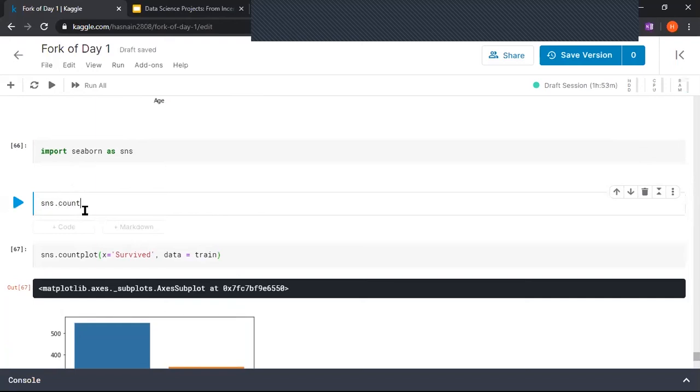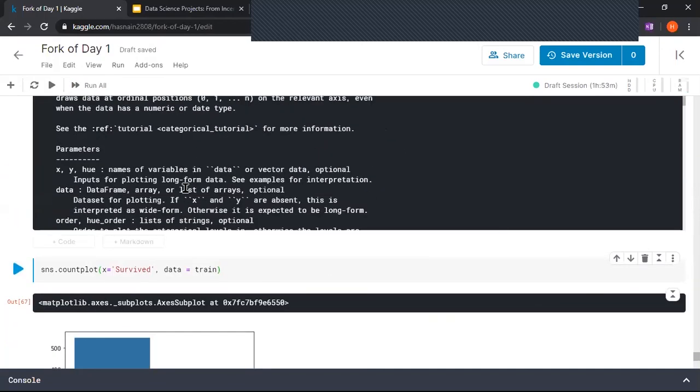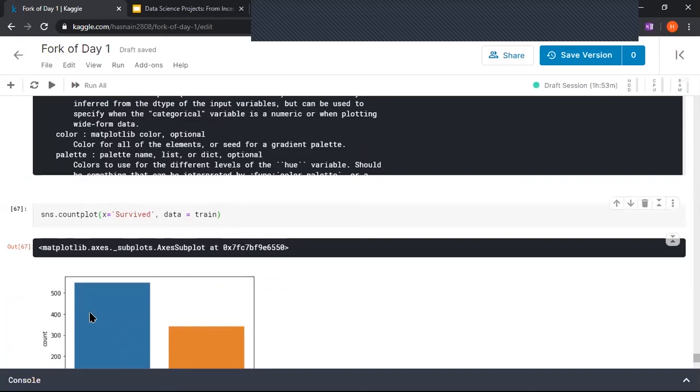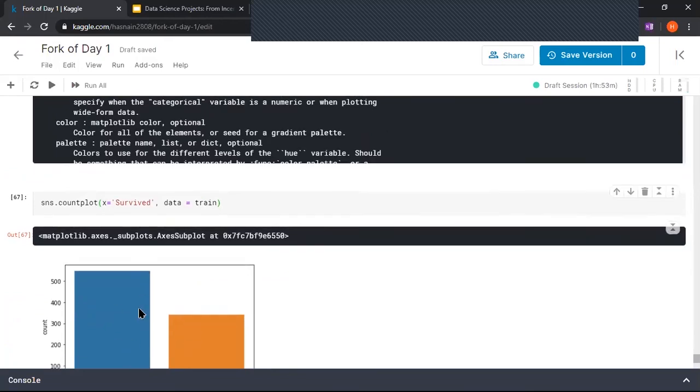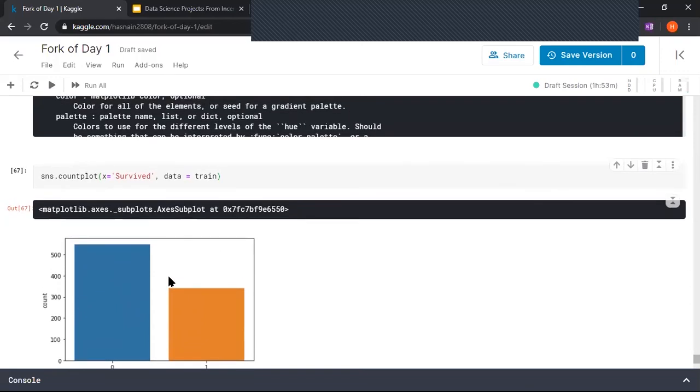So if I call help on it, I'll see all the parameters and the number of things that we can pass. We can give it the orient command. Orient is basically converting your vertical bar chart to a horizontal one, or the other way around. So basically the bars would be in this manner. Okay, that would be, I guess, horizontal. Yeah, that should be horizontal, and this is vertical.